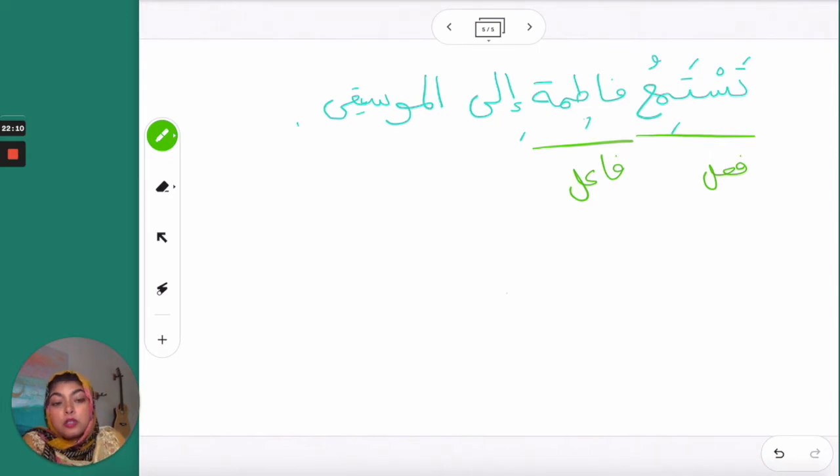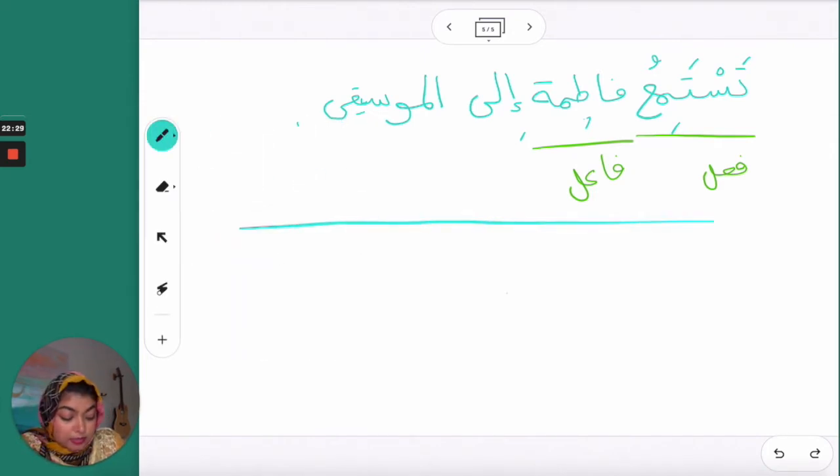Okay. We don't have مفعول به in the sentence because مفعول به is when you have just a noun directly afterwards. But we have the word إلى here, and that changes the grammatical function of the word. So that's why I'm not so much focused on مفعول به. So long as you can tell me the two main parts, فعل and فاعل. Okay, how about